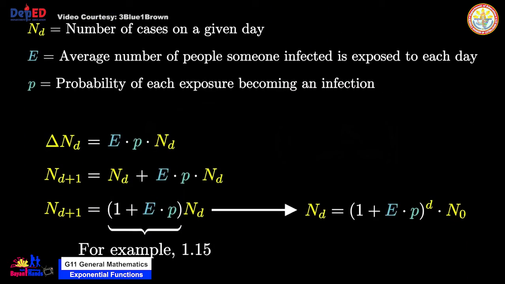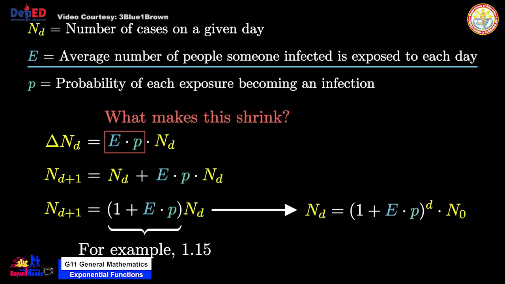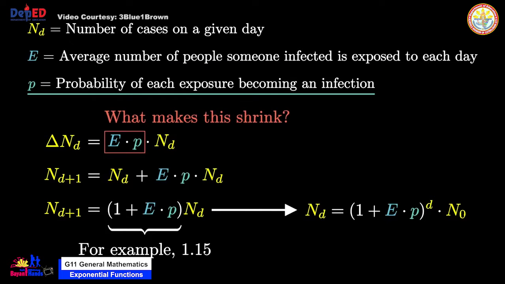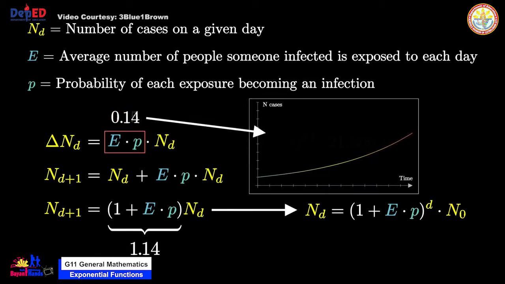Fortunately, saturating the whole population is not the only thing that can cause the two factors we care about to go down. The amount of exposure can also go down when people stop gathering and traveling, and the infection rate can go down when people just wash their hands more. The other thing that's counterintuitive about exponential growth, this time in a more optimistic sense, is just how sensitive it